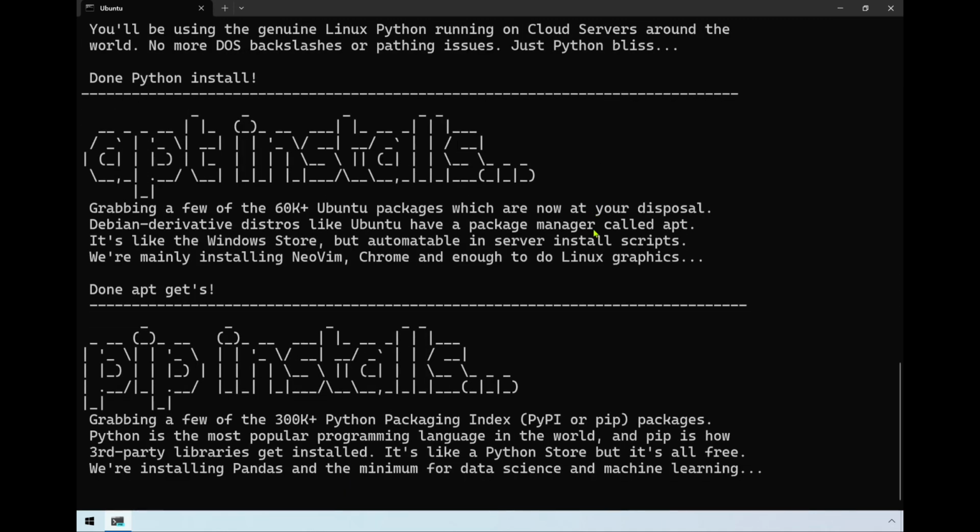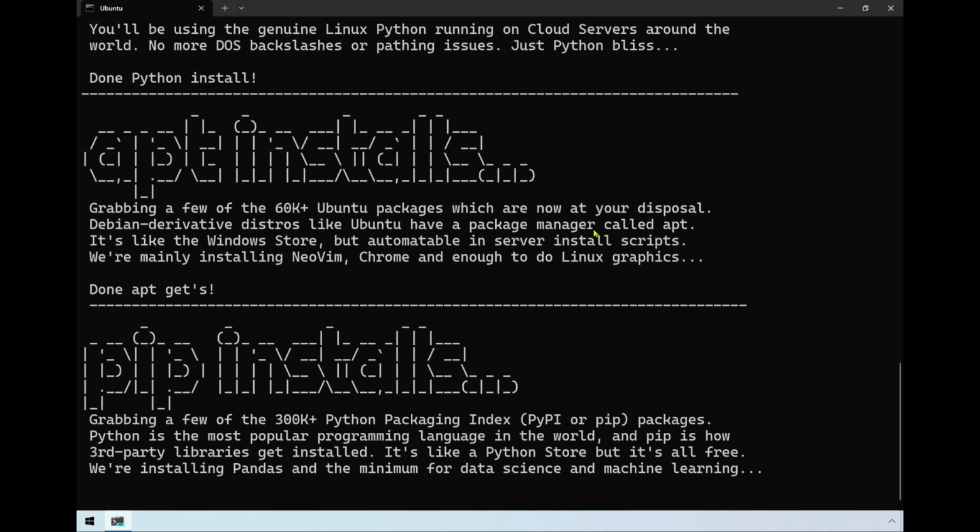Now here we are on the pip installs. It's yet another web store type thing. Just like you can apt install, you can pip install. But whereas apt is geared towards things on the higher level, it's packages for the operating system in general, Linux apps. Pip is packages for the Python environment. So technically it's called the Python Packaging Index, or PyPI, P-Y-P-I. So when you pip install, it's coming from PyPI.